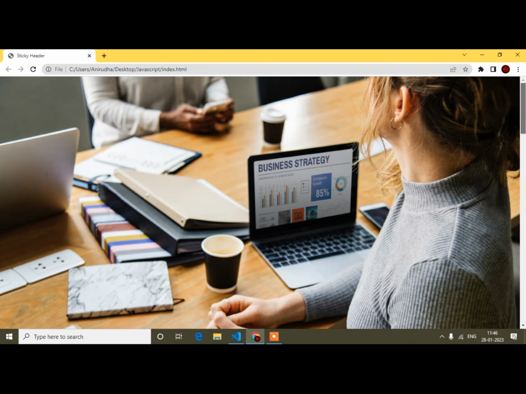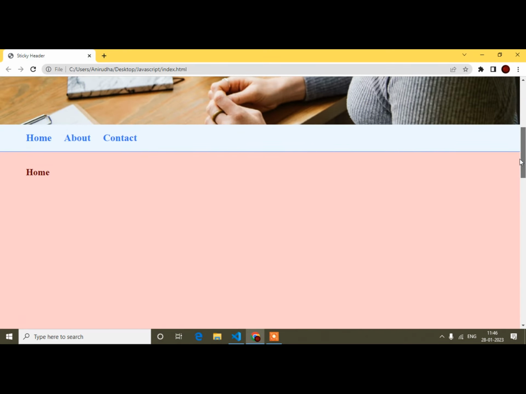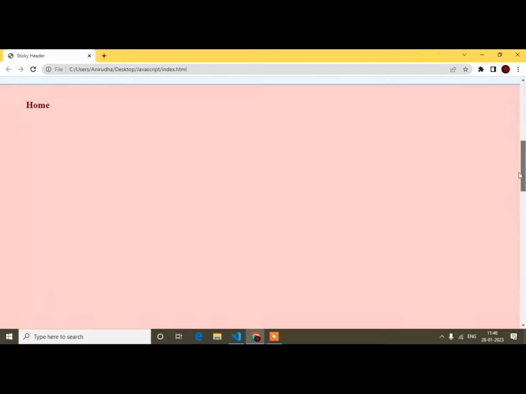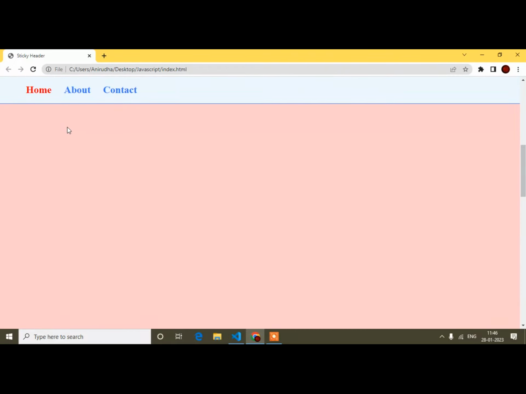Now, first of all, just understand what I'm trying to do in this video. If I scroll, when the header comes to the top position, it will stick. That I already created in my last video. But when the home section is reached, the home menu becomes active, meaning the color changes from blue to red.